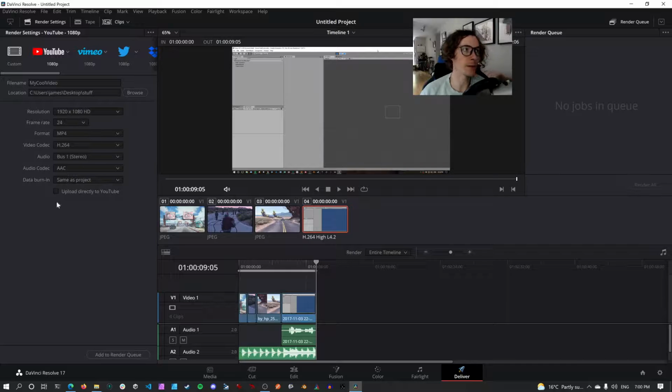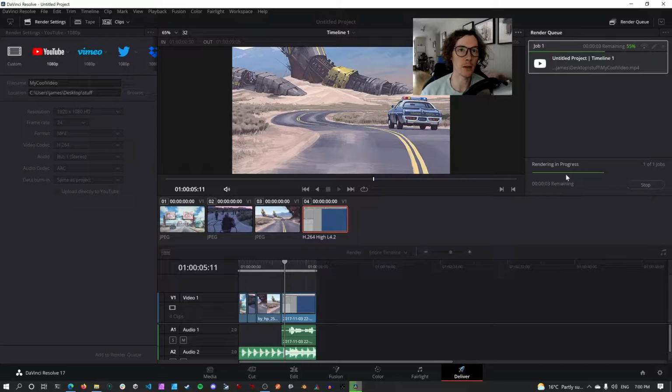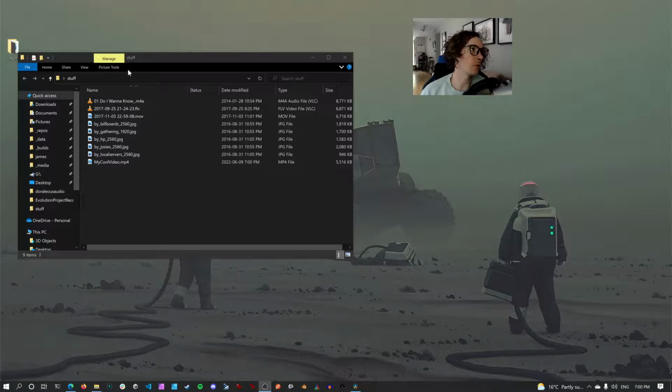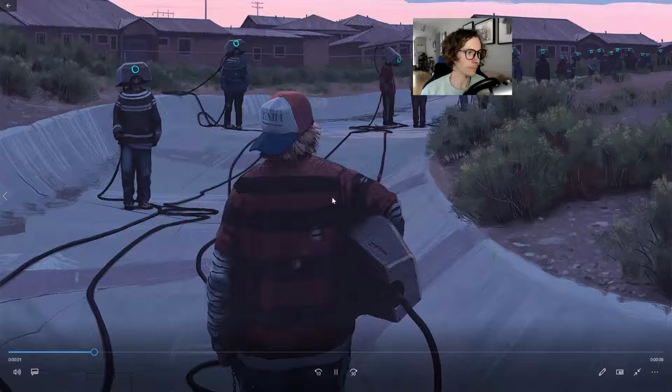You don't have to worry about the rest of this. And then once you've set up all those options, you go to add to render queue. That's gonna put a little box over here on the right, and then you click render all. And if you click render all, you're gonna see this thing do a thing. You're gonna get a progress bar, and once that's all rendered, it should say complete and be green as long as nothing's gone wrong. Then if you go to the folder, which I already have open, I have my cool video.mp4. If I double click it, I've now made a